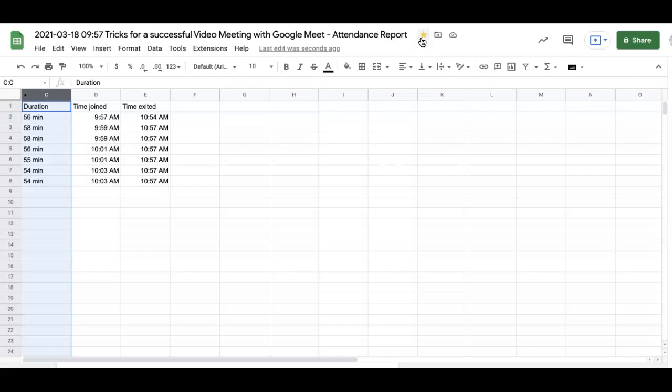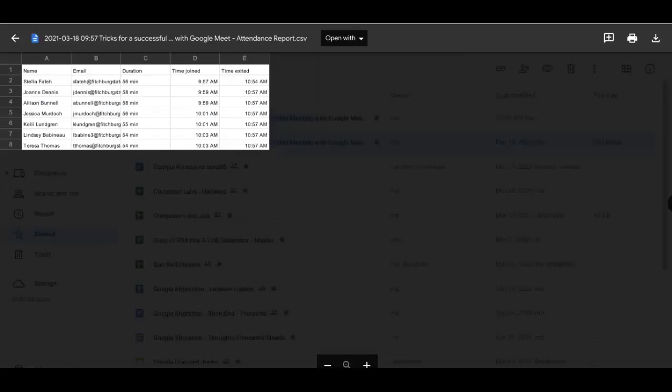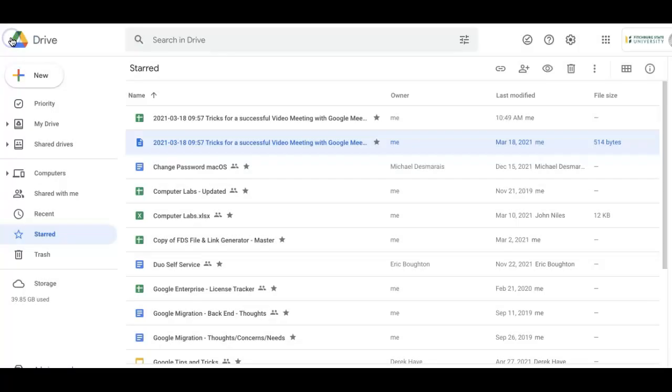And again, once I do that, I can go back into my drive and I can find this file in starred. Okay. So once you unstar it, it will be removed from this location, and it still can be found in your specific folder. But if you're not at the point where you have a lot of folders or you like the idea of just starring certain things, you can go ahead and do that.